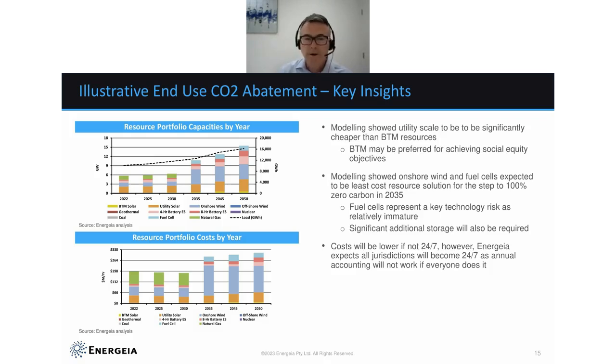This was all brought together here, and you can see that over time, this market selected a pretty standard portfolio of utility solar, onshore wind, different 4-hour and 8-hour batteries, and some natural gas. But once they went to full zero carbon, the natural gas was kicked out, and in place of it, there was a lot more onshore wind, and also fuel cell operation as well, using either green hydrogen or some other kind of zero carbon fuel. You can see here that same view in dollar terms.